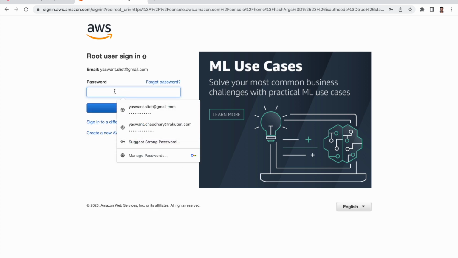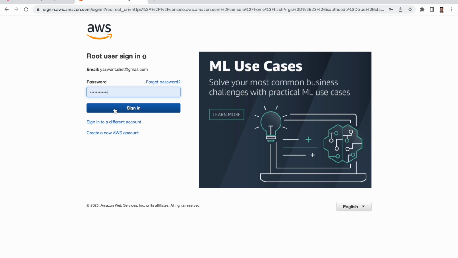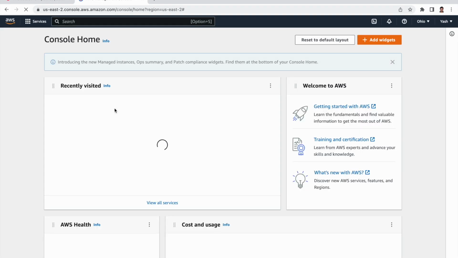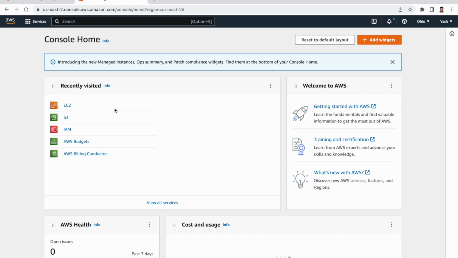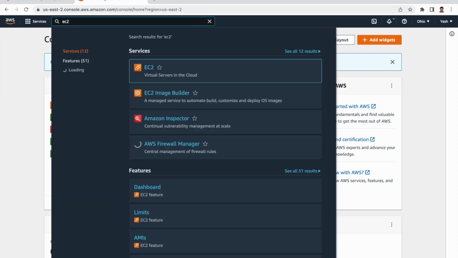Now it's asking for the password, so I'm using the saved password in my browser. Now I can log into the AWS dashboard. Here you can see which services I have recently visited in AWS. But suppose you are very new, so you will not get this recently visited tab. So you have to click on this AWS icon, and in the search bar, there is a service in AWS